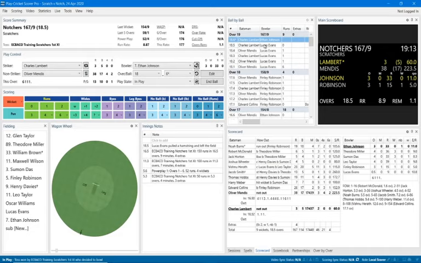But while all the kerfuffle was going on and the bowler was getting some attention, the batsman had a bit of a chat in the middle, a bit of a game plan chat about what they were going to do for the last over of the game. And when they returned, you notice that the wrong batsman is on strike. So in our screen, if we look over on the left hand side, the striker is Charles Lambert, but you can see that Oliver Mendes is on strike,